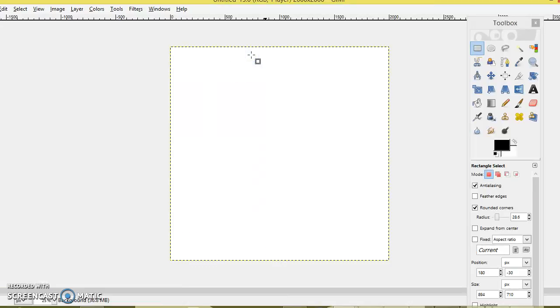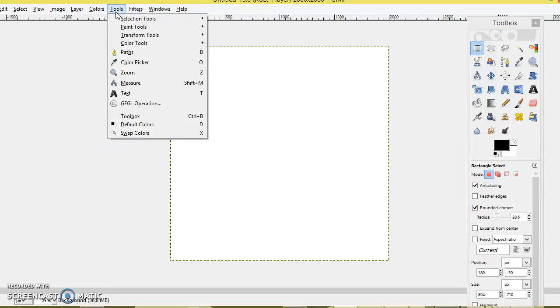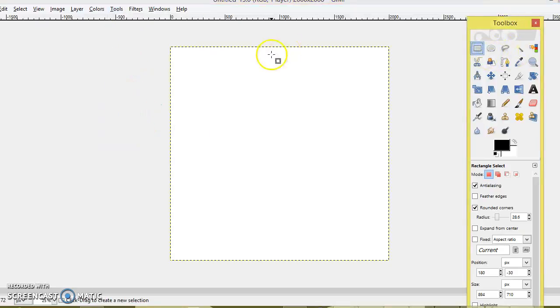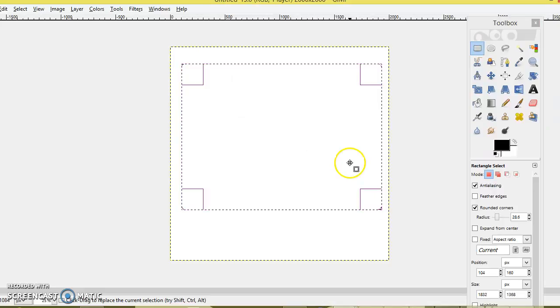And let's start. So if we want to do a mock-up or a web page or something like that, we could do Select. We want to do a rectangle select, which is in the toolbox. Your toolbox is the handy dandy thing that gives you everything you want to use on Gimp. The toolbox can also be accessed in the upper left hand corner, or you can use Control P. So on the toolbox, we'll use rectangle, and we'll make just our outline of how we want to make our